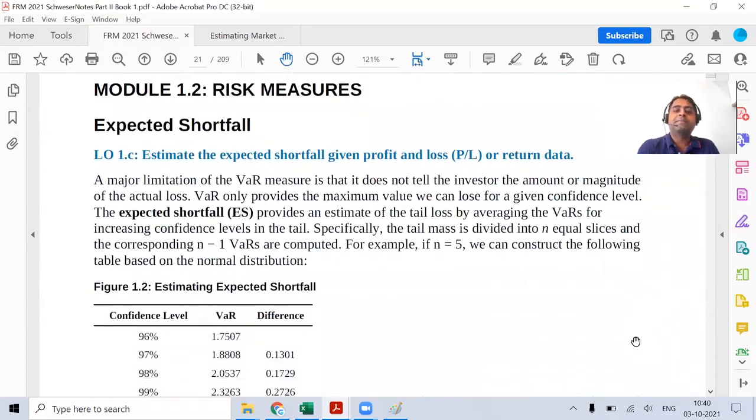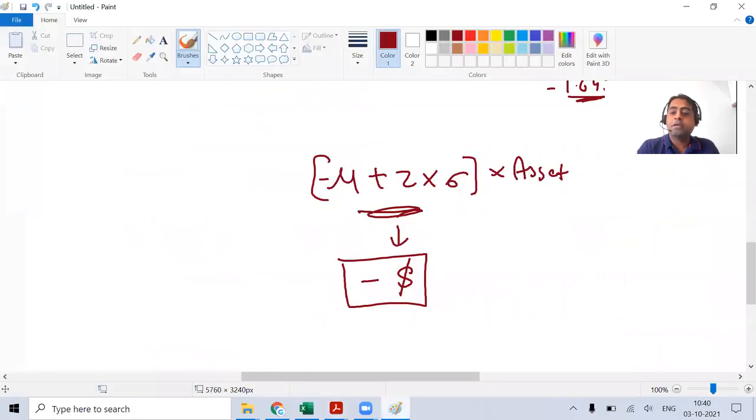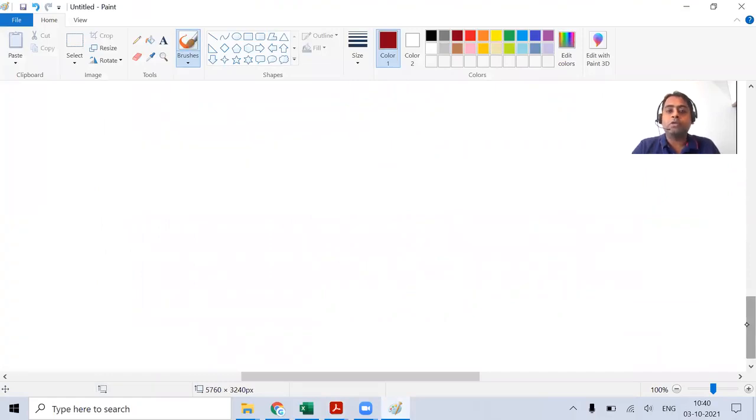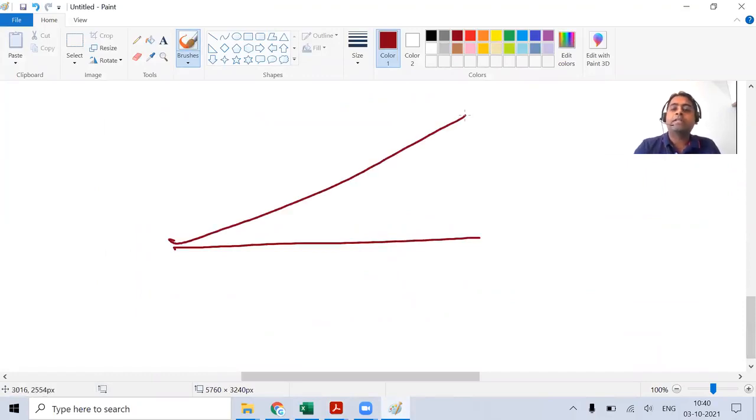Now this expected shortfall, we have seen about it in level 1, a glimpse of it. We have seen a small basic calculation. A similar type of understanding is also covered over here in level 2, in this chapter at least. So what is expected shortfall? It is also called conditional VAR. In very simple language, VAR was not telling us, when there is a VAR breach, how much loss it is going to be. It only talks in terms of percentage.